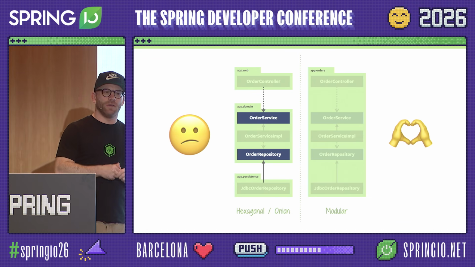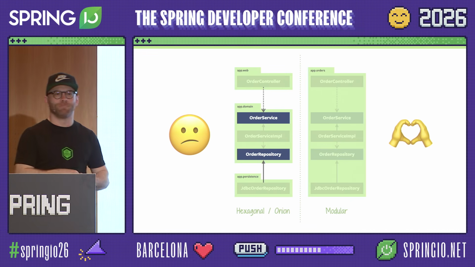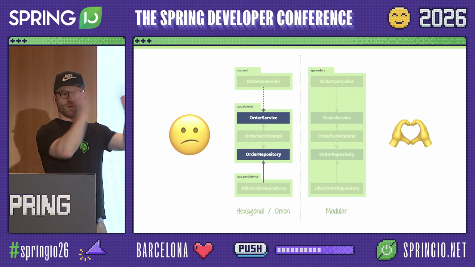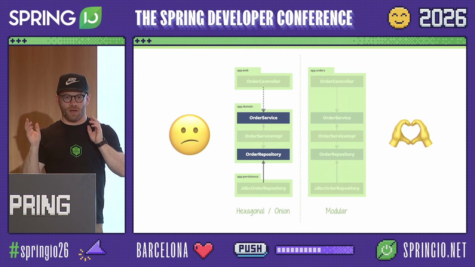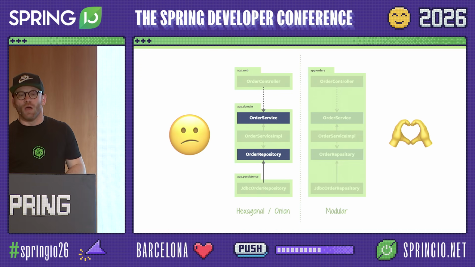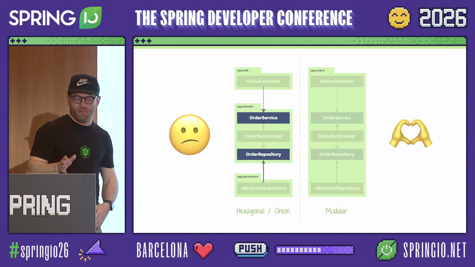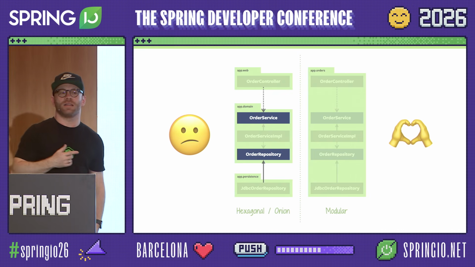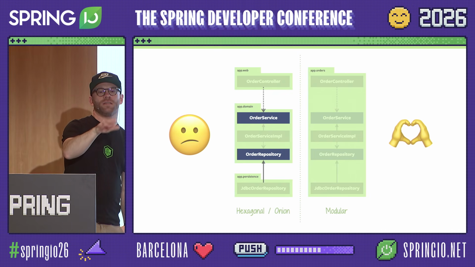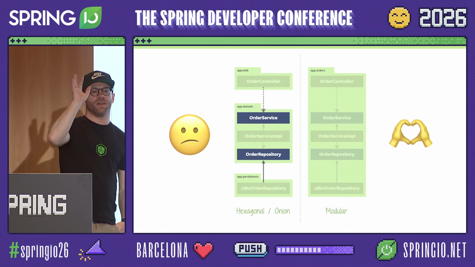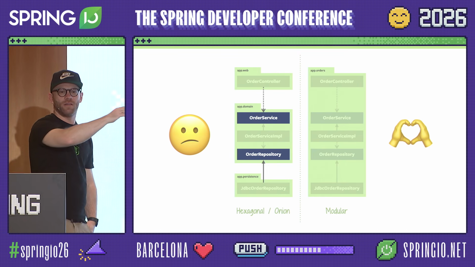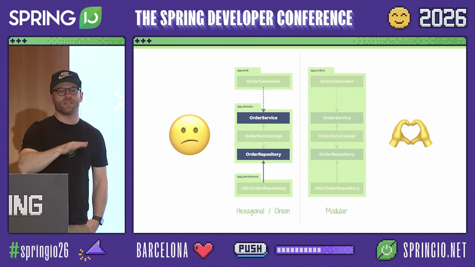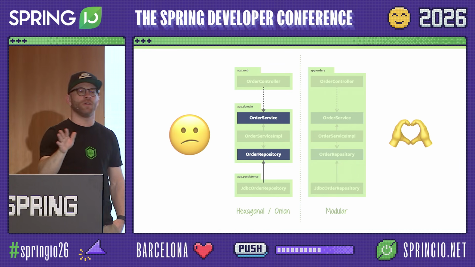I see people create packages to, all my controllers go here, and all my exceptions go here, and all my repositories go here, which is understandable because, or the analogy I usually use for that is that it's like if you, at home in your flat, you were putting all of the chairs in one room and all of the tables in another, and all of the closets and wardrobes in a third room, which is incredibly convenient if you spend your entire day